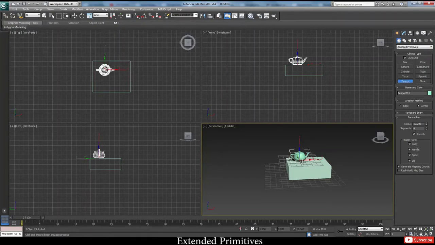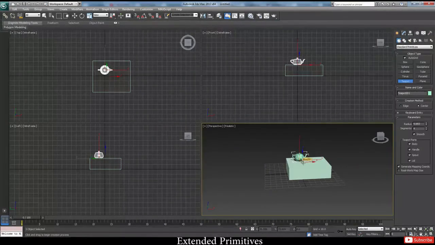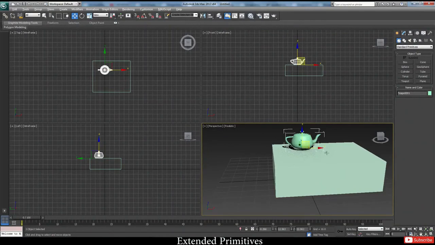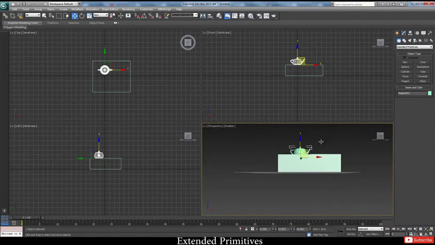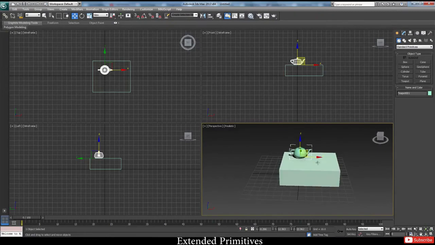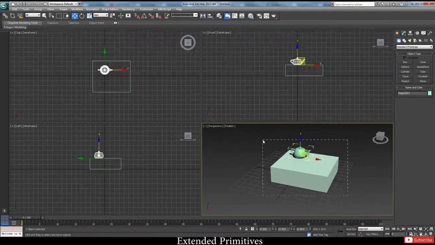That's the grid I was talking about. So let's consider this a table, then your teapot will be about this size, and you leave it. And it's already on the box itself. You don't have to do any movement or anything. So this was a short tip. Instead of making a new video out of it, I thought I'll just cover it in this video. Right? Let's just delete all this.